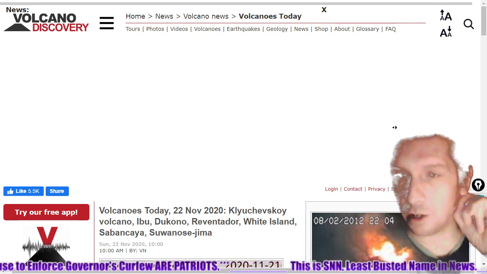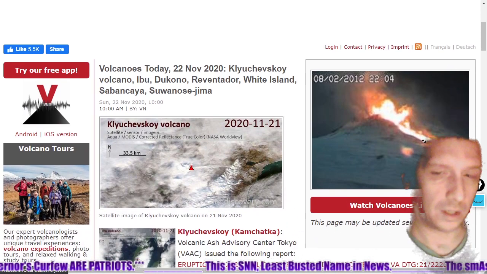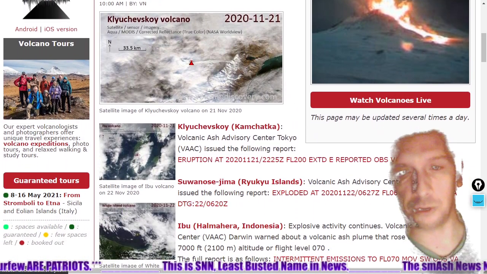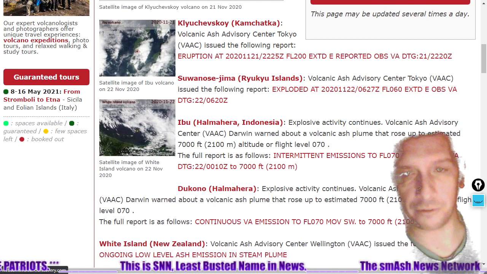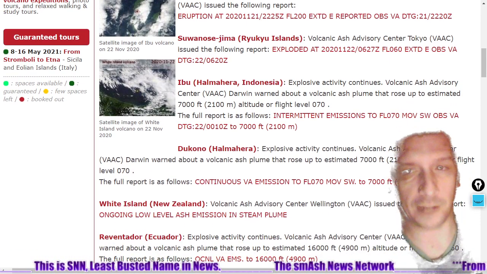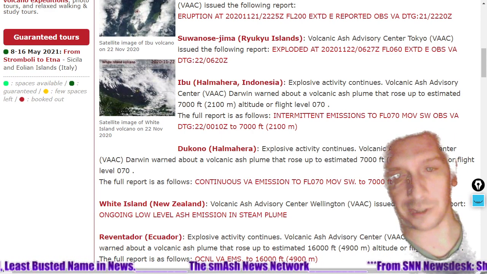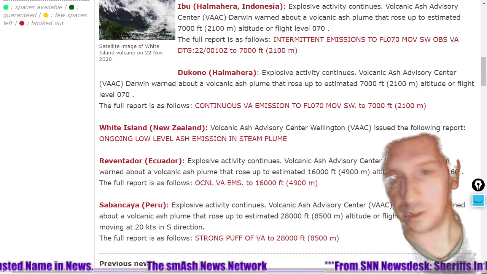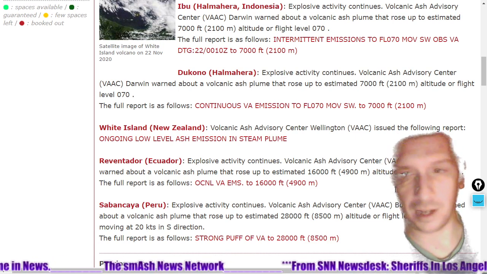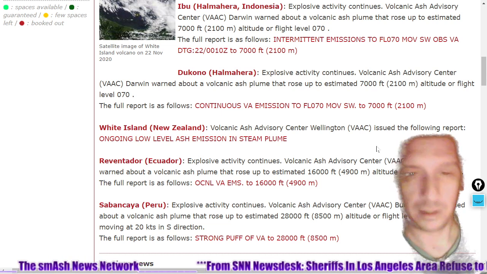Next, we're going to look at volcanoes. What's been going on over the past 24? What's been erupting? Getting a little closer to home here, Klyuchevskoy is erupting. It's producing a 20,000-foot ash plume. Suwanosejima is exploding, producing a 6,000-foot ash plume. Ibu's exploding, 7,000-foot ash plume. Dukono, similar situation there. White Island has been going and has been erupting in an ongoing fashion, with ash emission